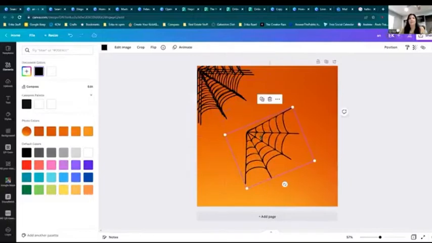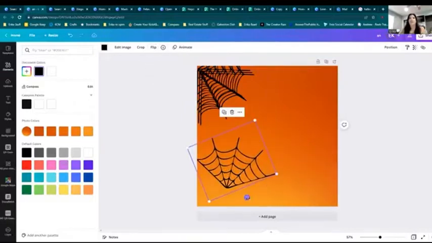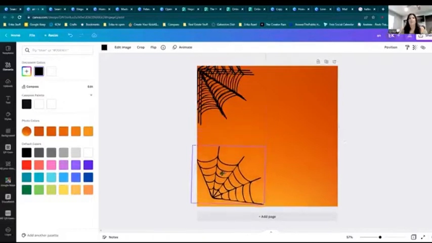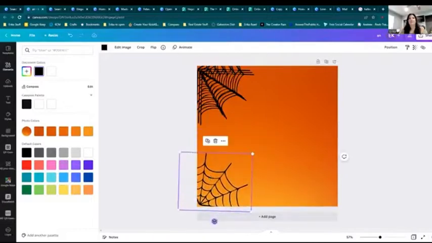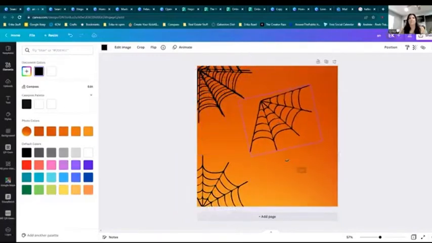Now, this I have to be able to rotate. This is where I can flip it vertically, and then I can rotate it a little bit more, and it's going to fit into my corner over here. Then I'm going to take this one,